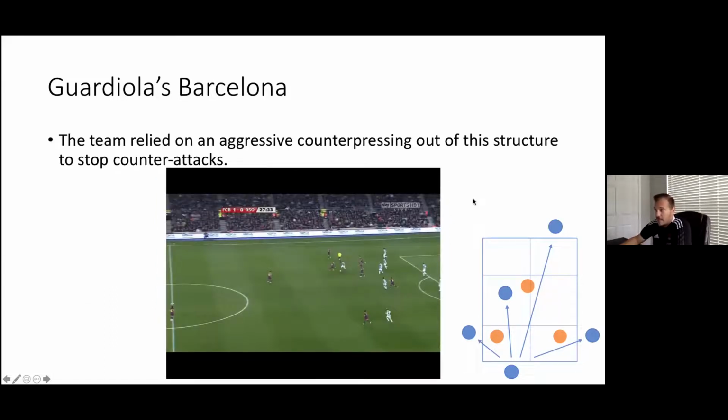And when they lost the ball, they relied on really aggressive pressure out of that structure that they made in possession of the ball. So here you can see one center midfielder, the other one stepping up, both fullbacks recovering in, and the front line all pressing aggressively. So the immediate reaction of the front line to press, the fullbacks recovering into the middle, one center midfielder stepping up, the other one staying, and then the center backs are defending, obviously, the long ball.